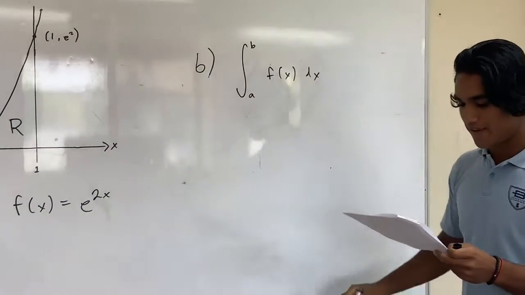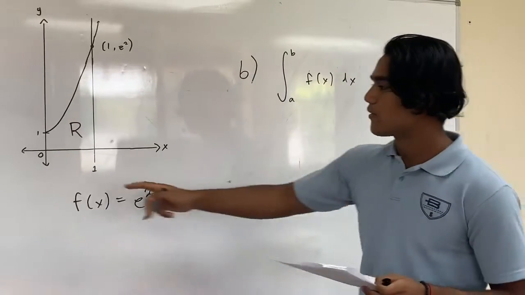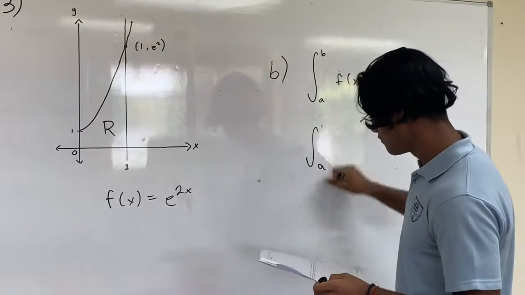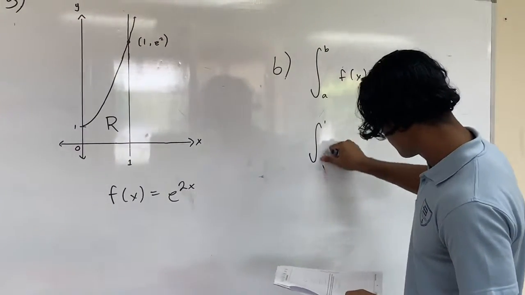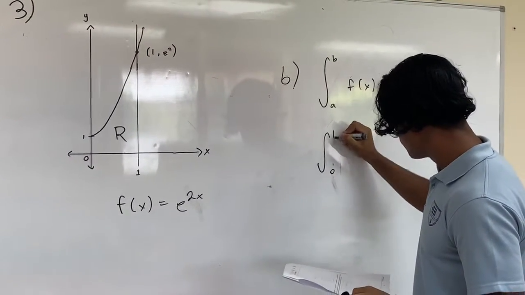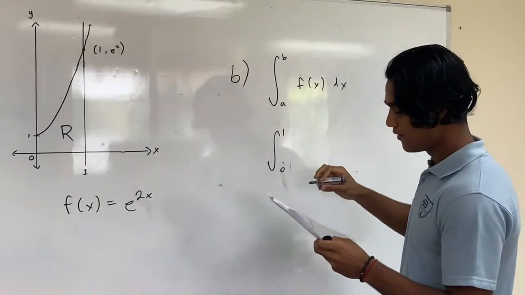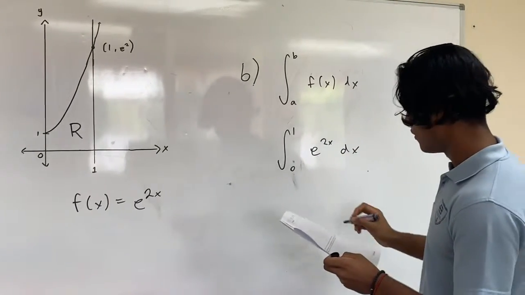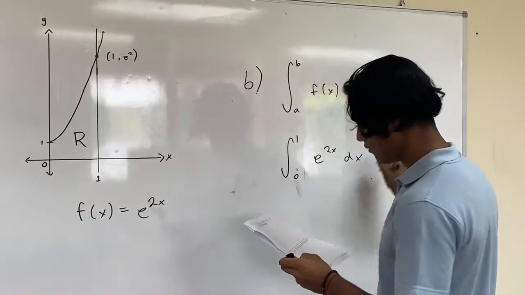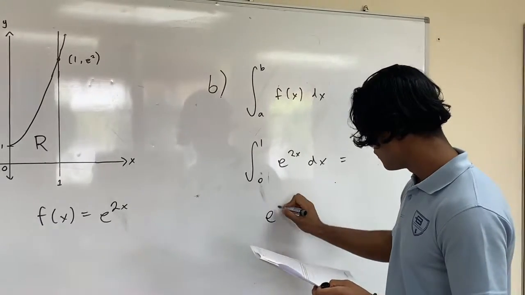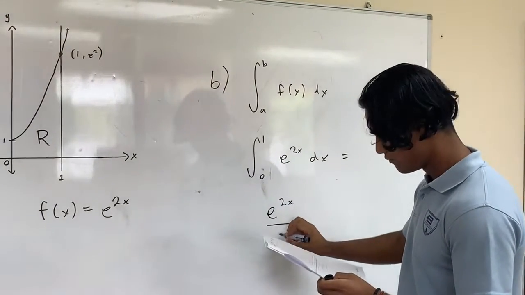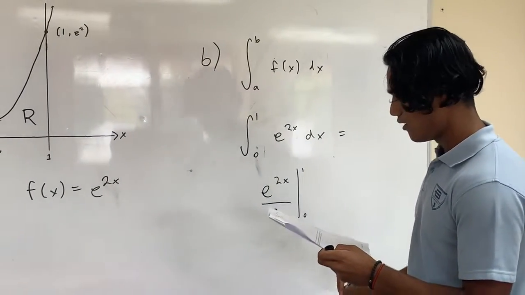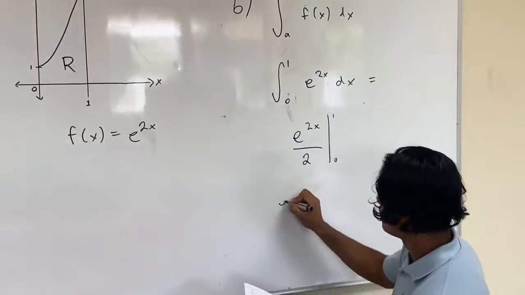This is the formula. Now we have to plug in the values. The limits are going to be from 0 to 1. f of x is e to the 2x dx. We find the antiderivative of that, which is equal to e to the 2x over 2, from 0 to 1, and then we plug in, and it gives us